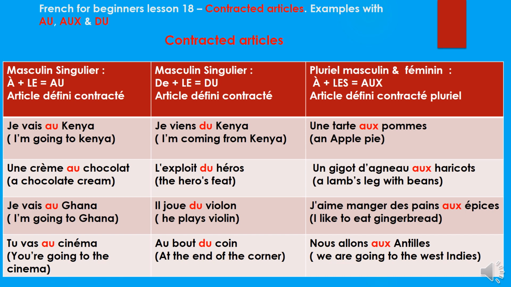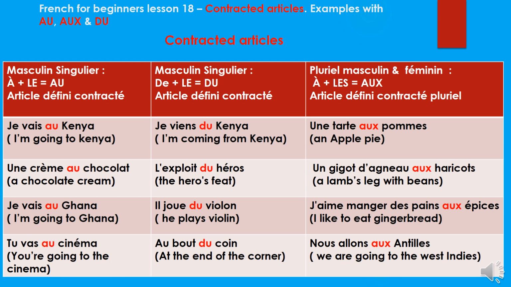So like we saw before, we know that the contracted article is a combination of two elements, the preposition and the definite article. So you have the preposition à with an accent on top, and then the other preposition, which is de, plus the article, which is le. It is only with the article le that is masculine. Le is article défini. Le. You can never contract a preposition with